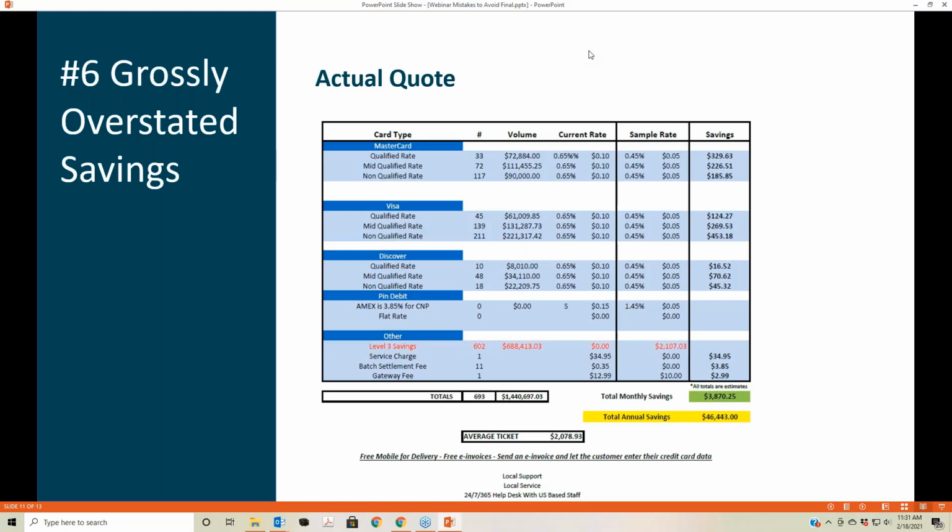A lot of these merchant service providers, if they do level 3, are saying that your full volume that goes through their gateway is qualifying at level 3, which is not the case. You're never going to get a 100% clip of cards that come through and process at level 3 savings. So just pay attention to the overstated savings, because a lot of times you'll get hooked in by the numbers they're showing you, and then it comes out in the wash a couple of months after you've signed the dotted line